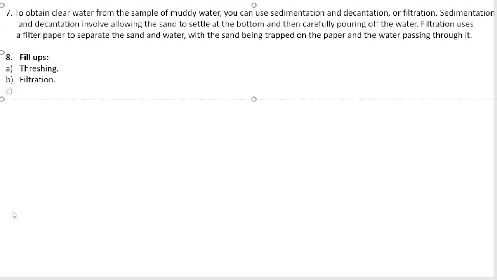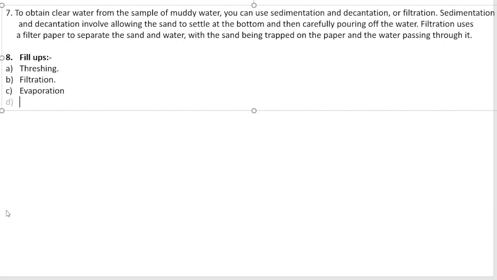Okay, next is: salt is obtained from sea water by the process of. अब हम salt कैसे obtain करते हैं sea water में से? That is evaporation. Okay,